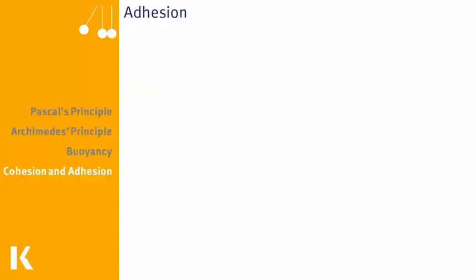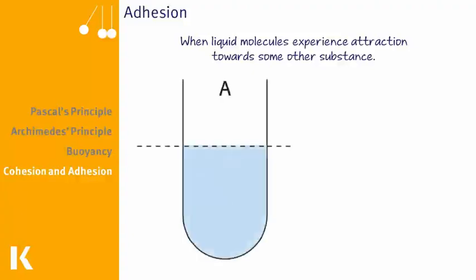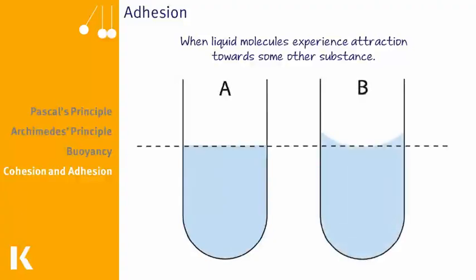Adhesion occurs due to the opposite scenario, where molecules in the liquid are more attracted to the surface of their container than to the other molecules in the liquid. This phenomenon serves to explain why we see a concave meniscus form in test tubes. Water molecules are more attracted to the surface of the test tube than to other molecules. Thus, we see the concave surface due to the water molecules maximizing their contact with the surface of the test